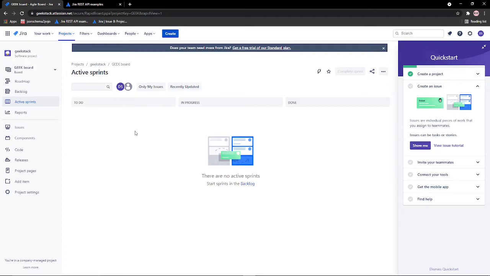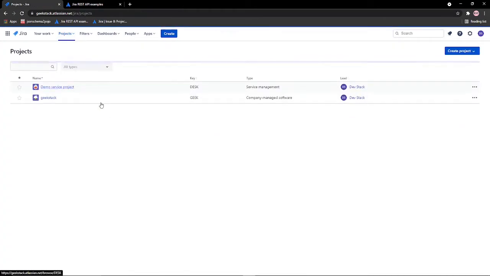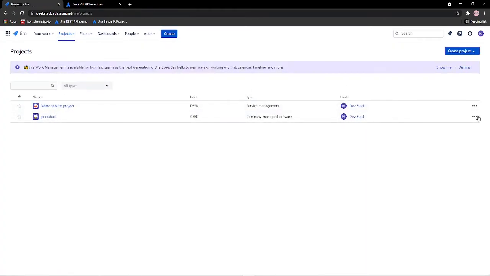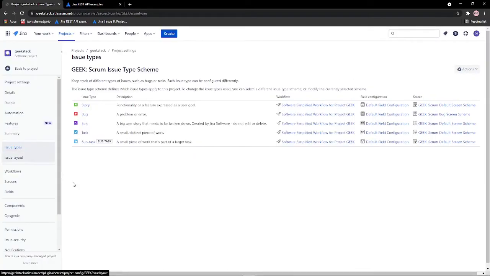Go to your Jira dashboard. Here you'll see the projects. Click on view all projects, select this one, and go to project settings. Here you see the types of issues.